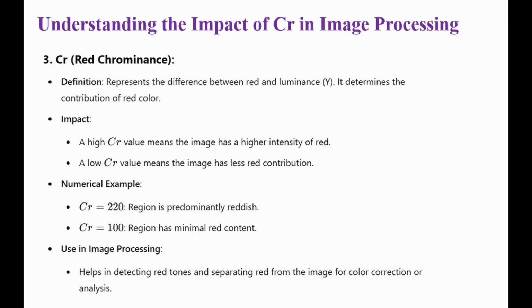Cr captures the difference between red and luminance Y, determining the intensity of red in the image. High Cr, for example 220, indicates a more reddish region. Low Cr, for example 100, means a less red contribution. By separating chrominance from luminance, Cb and Cr enable precise color adjustment, detection and filtering, making YCbCr ideal for image and